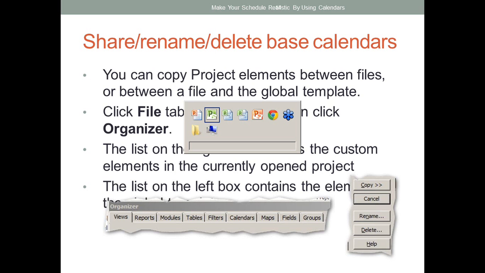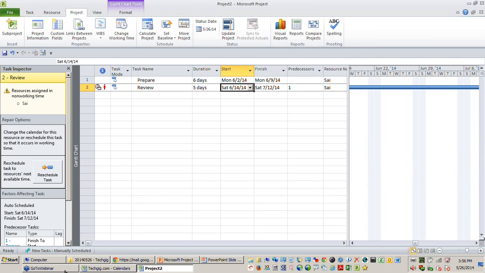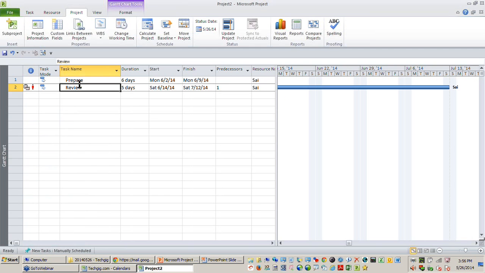Now let's take this example. We have spent time for creating a Chennai calendar and a Mumbai calendar, right? You might want to say that I want to share the Chennai calendar to my colleague, but his plan is quite different from mine. How do you do it? So remember, though calendars are part of every schedule, you can always share it. How do you share it? You just select the file,